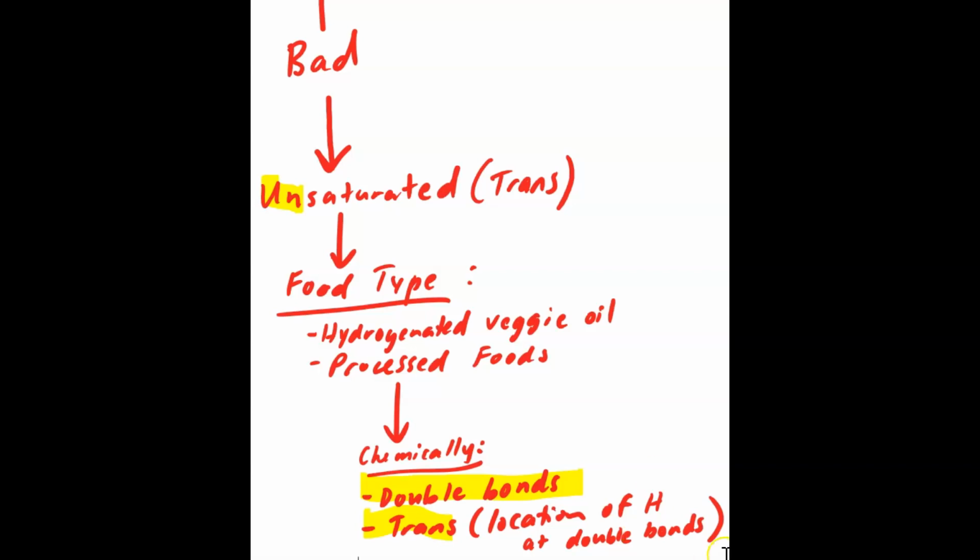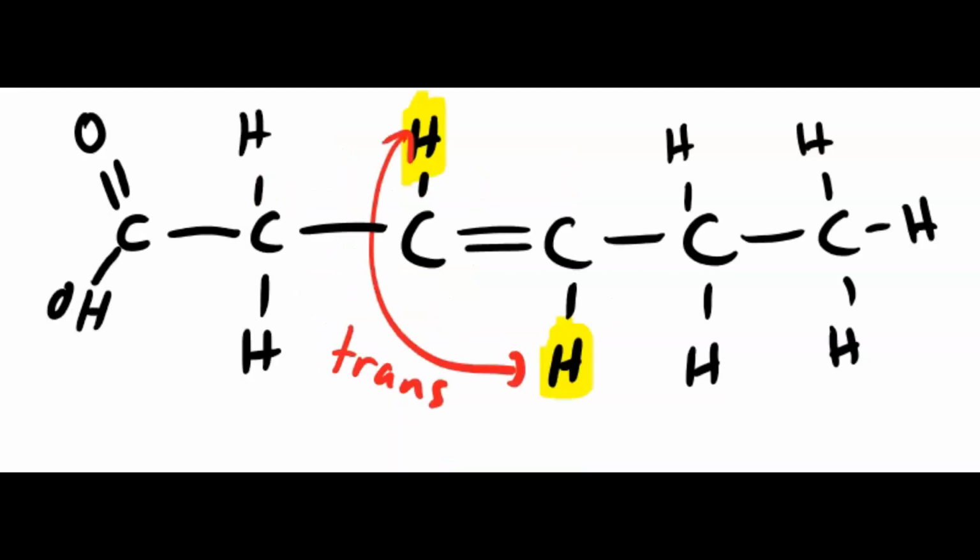Let's take a look here at an example of what it would look like. Again, you need to be able to identify cis monounsaturated fats by looking at the picture, and then you're going to need to be able to identify trans mono and polyunsaturated fats by looking at a picture of them. So take a moment and go ahead and get this down. This is a drawing I just did of a trans unsaturated fat. This would be a